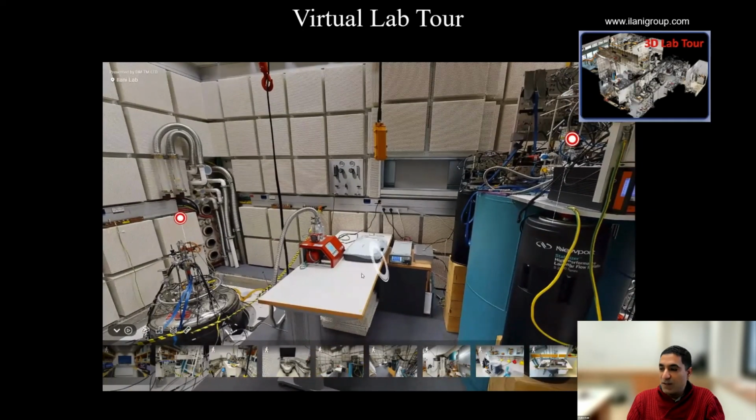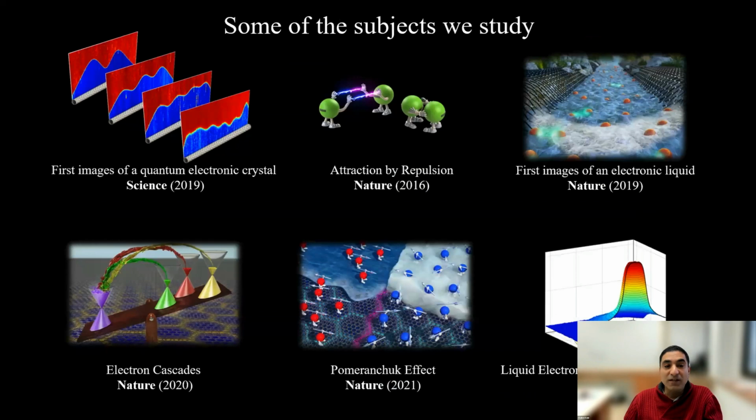So the last thing I want to mention is what kind of physics we can do with these experiments. What we can do is actually see new phases that electrons possess. Two new phases that we succeeded in seeing directly are the quantum crystal of electrons and the fact that electrons can behave as a collective liquid and break a lot of the rules that people think electrons have. We are also looking at